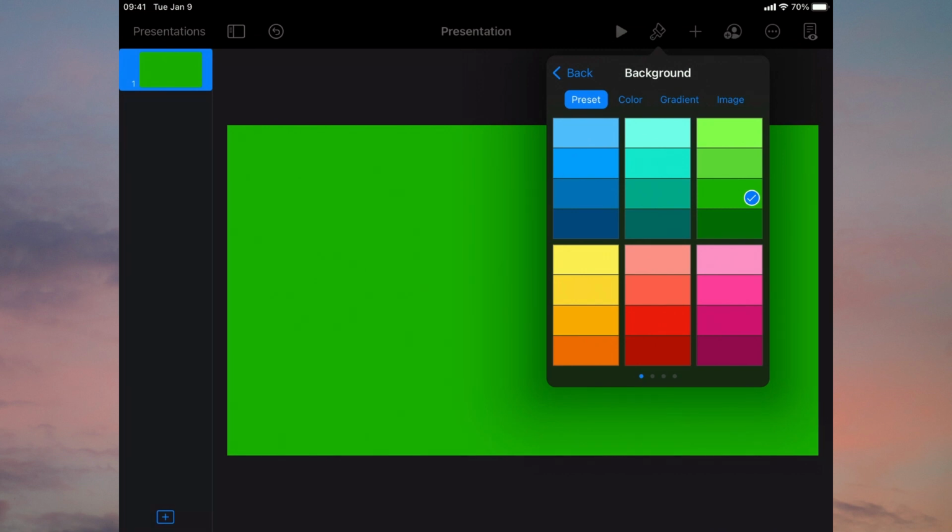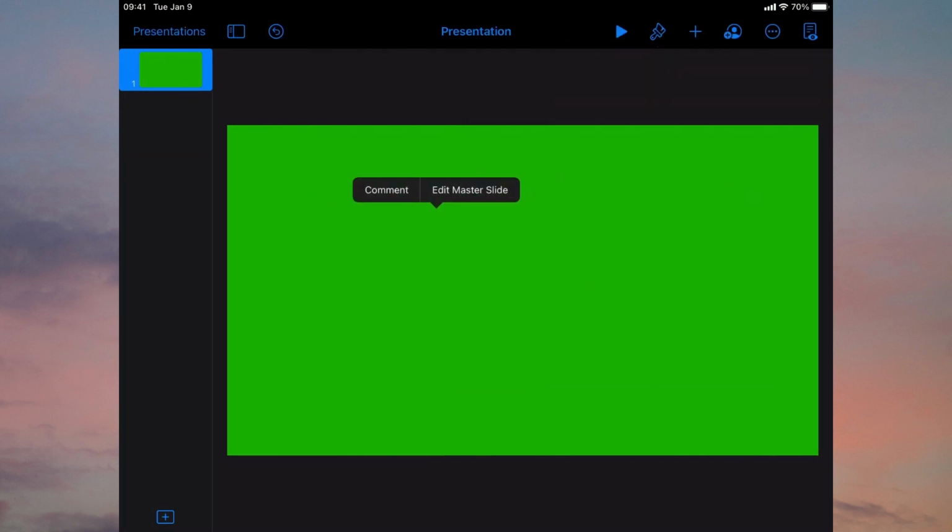This seems to be a perfectly good color for green screen work. If, however, you are looking to do a blue screen background, because, for instance, you might be doing something with gardening, foliage or cookery, then you can choose the third blue background, and that would work as well. But for this demonstration, we're going to stick with the green screen. Simply touch anywhere on the screen outside of that area to fill the screen with that green background.